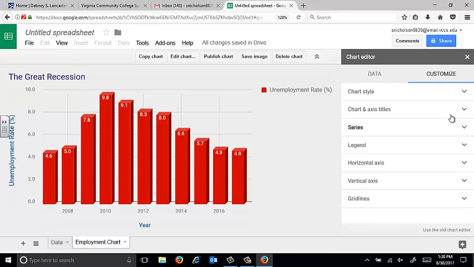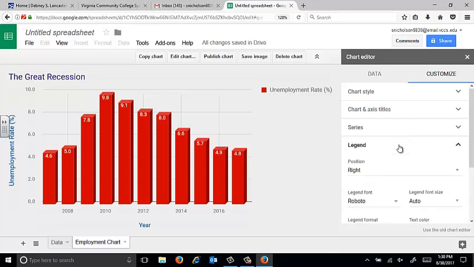Okay, next thing is the legend. So the legend is right here. How many people think the legend serves a purpose? So vote yes, I think the legend serves a purpose. Okay, how many people think the legend in this case doesn't serve a purpose? The reason the legend doesn't make much sense here is because I only have one